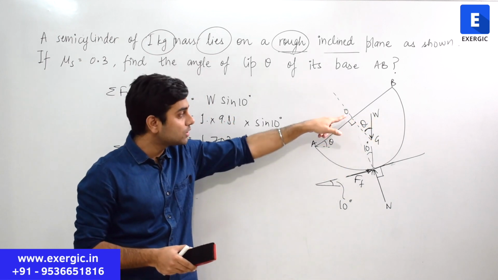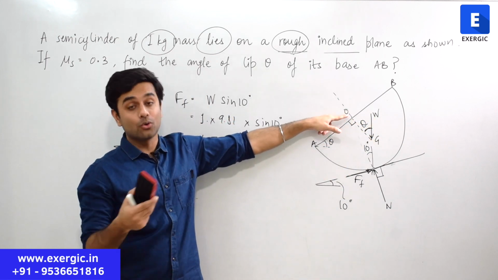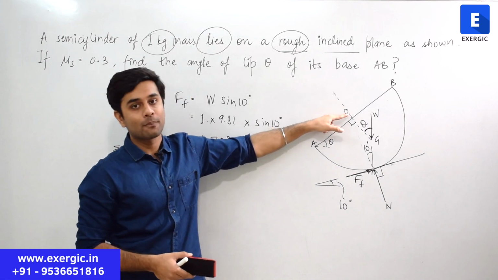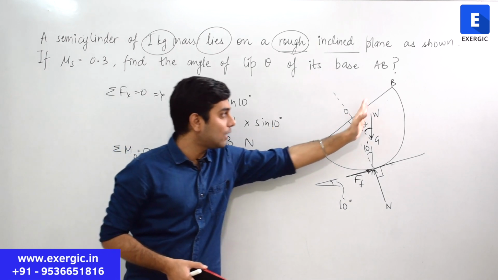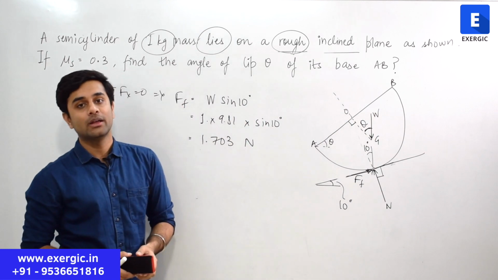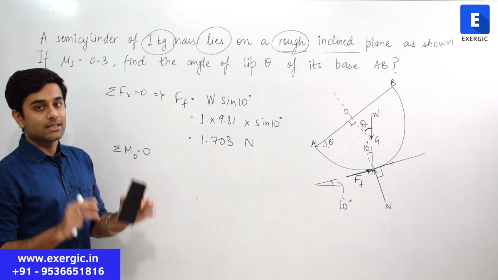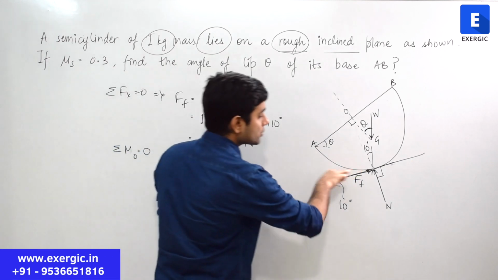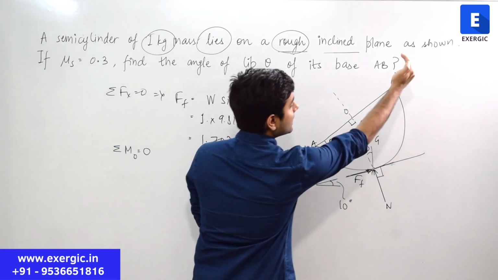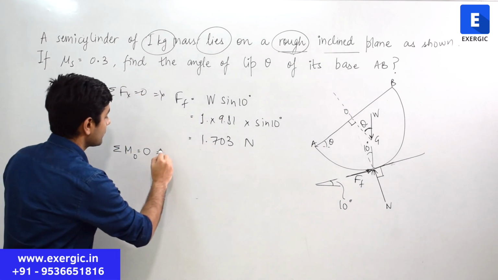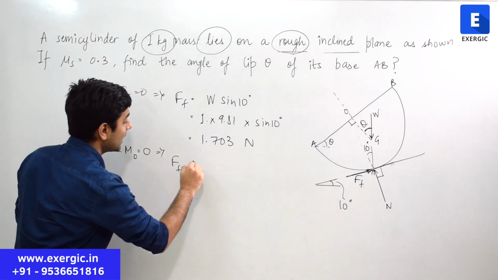That is why we took the moment about O. I have just shown you how W can be related with theta. And that is why we are going to take the moment about O. The anticlockwise moment of force of friction going in this direction will be equal to force of friction multiplied by